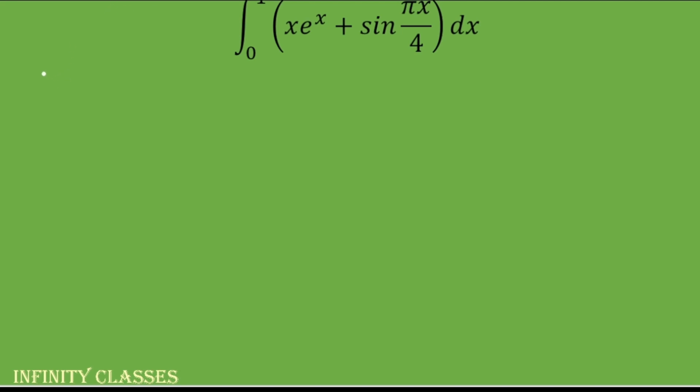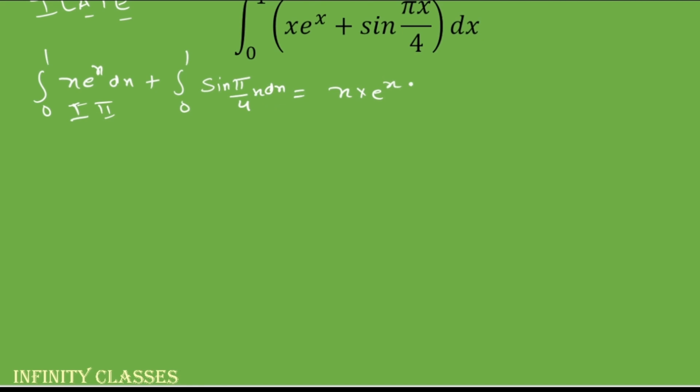In this question, we will use 0 to 1 x e^x separate. There are two functions: 0 to 1, x, and sin pi by 4 x dx. In this we will use ILATE. ILATE means integration by parts. So algebra is first and exponential is second. So x is first and this one is second. And by formula, as we know, first function times integration of second, integration of e^x is e^x, minus derivative of first. So derivative of x is 1 and integration of e^x